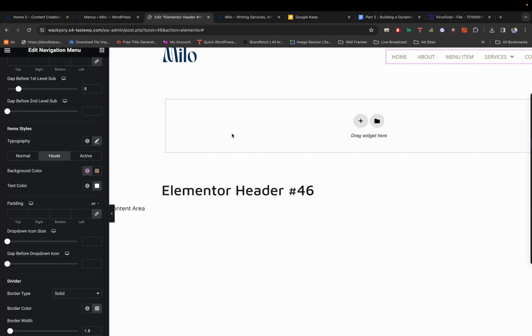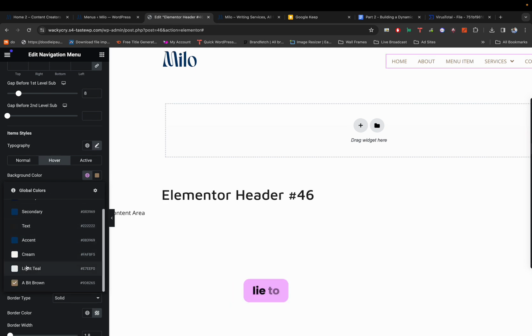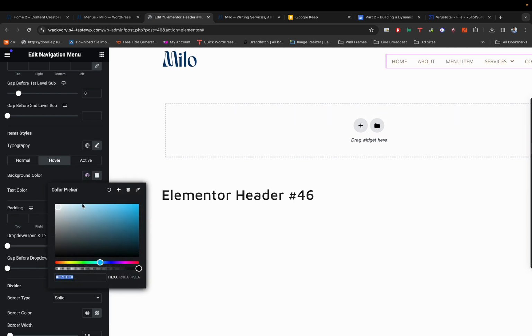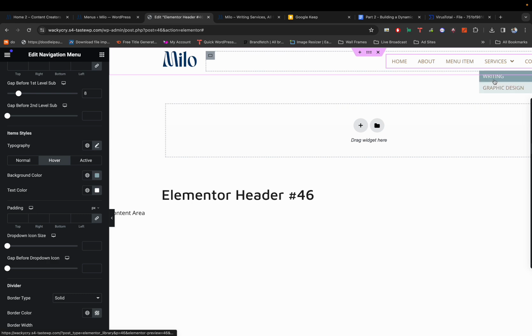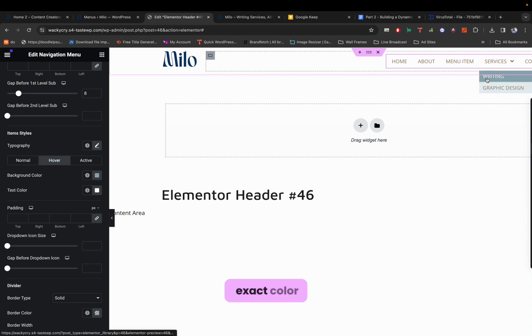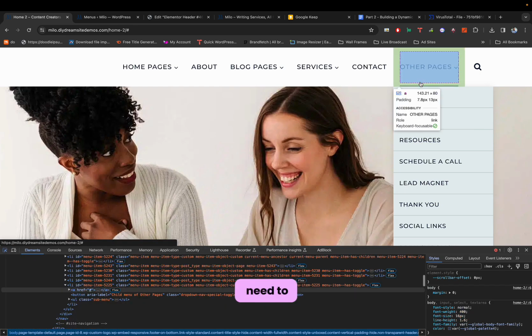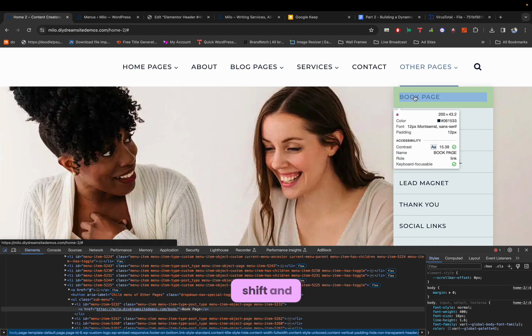All right, in the source page, the menu text is, I think, light teal, but then it is dark. It is like a dark teal. Then let me see, yeah, something like that. Yeah, if we want to get the exact color, we can do that, but I mean that's too extreme. To get the exact color, all you need to do is press Ctrl Shift and C on your laptop, right? Then you inspect it. Now you can see the exact color is